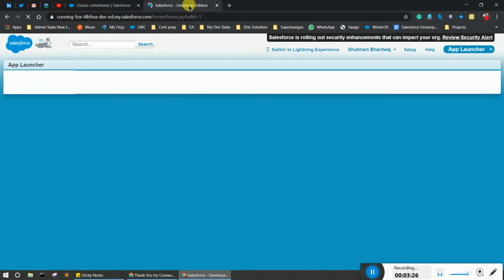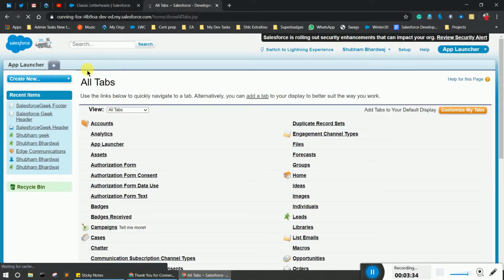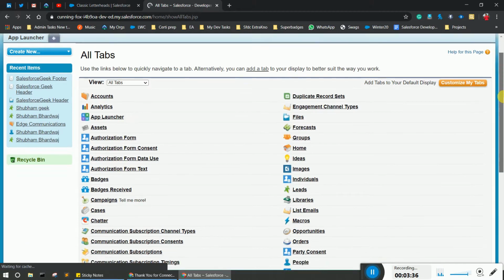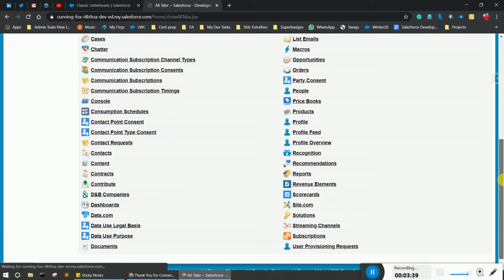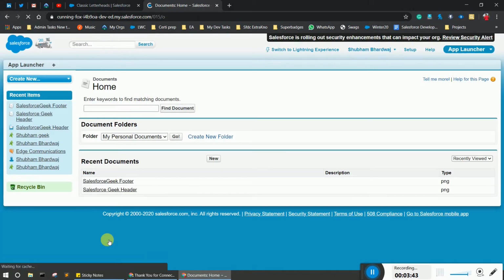So when you move into the Classic one, simply click on this plus, and here you have to search for documents. As you see, documents here, simply click on new.